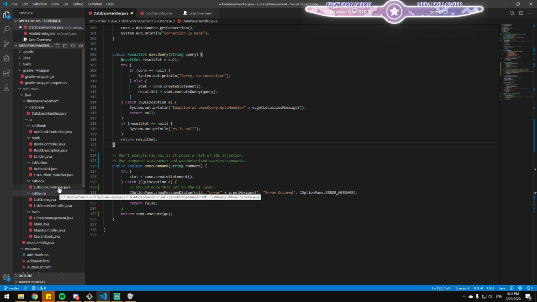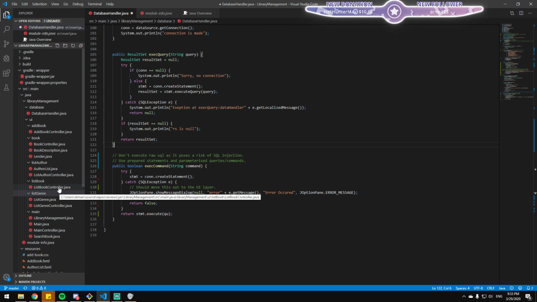But in either case, instead of printing the stack trace, I would probably log that somewhere else. Maybe expose an event, so that when a crash does occur, you provide a message to the user or to the developer, but you log the stack trace elsewhere.